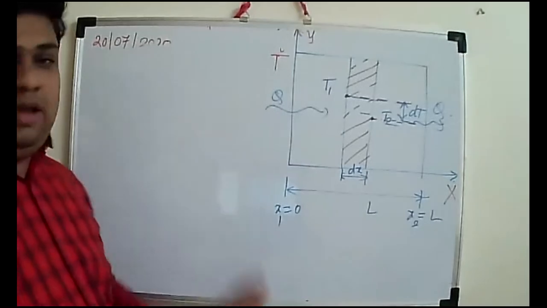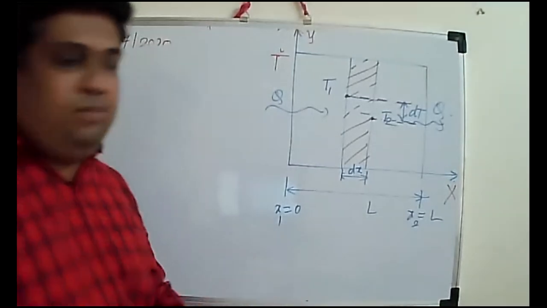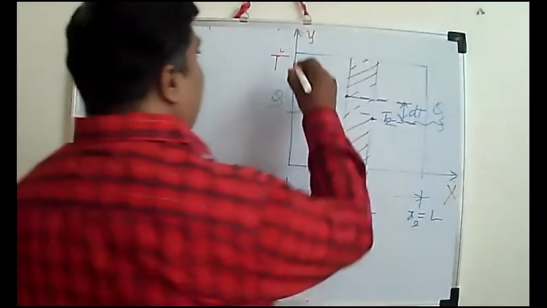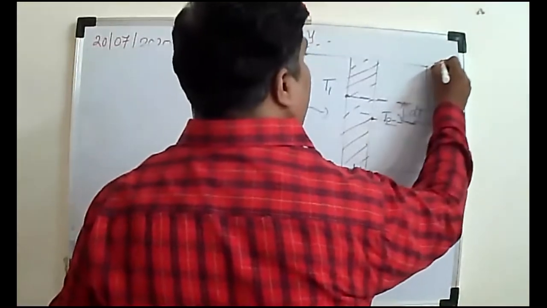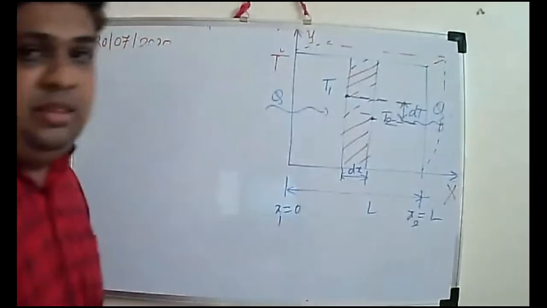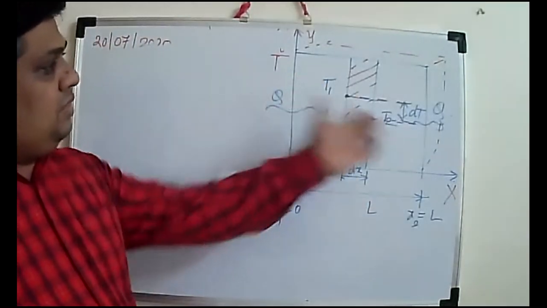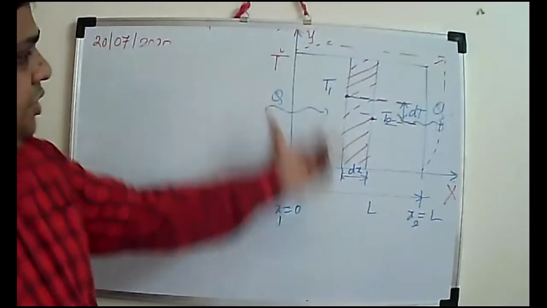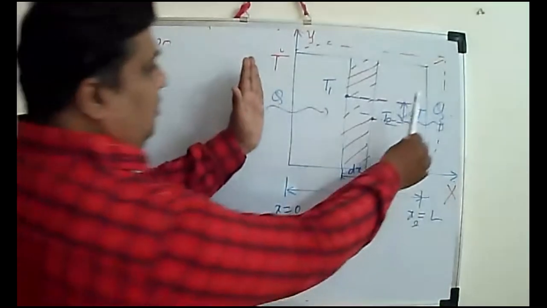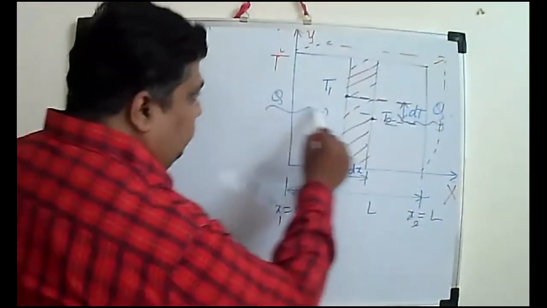Yes. Here I have shown that there is one plane wall. You can show the 3D view also by drawing like this. This is nothing but the 3D view, but I'm not interested in the 3D view. I'm just taking the front portion. So in 2D view, I have shown the wall. This is nothing but the wall. The heat is flowing through the wall.